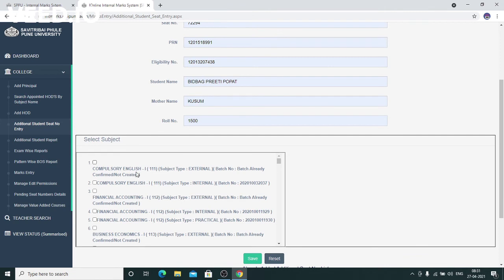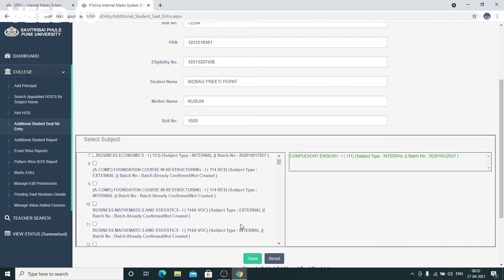Under the subject list, you can see the code number of the subject, and then the subject type, external or internal, and the batch number you can also see there. So kindly choose the correct subject, confirm the subject code of that subject as well as the batch number, and then click on the subject checkbox.